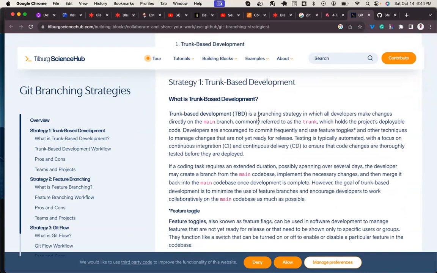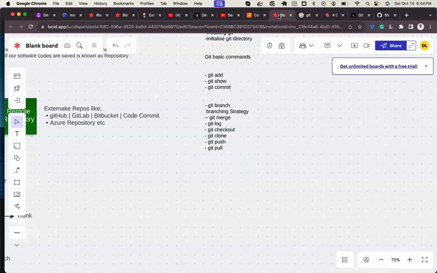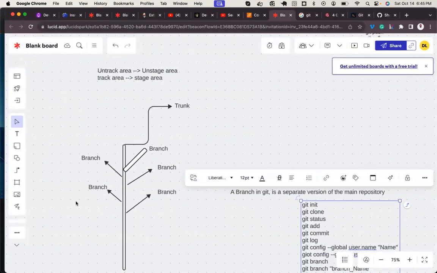In a trunk-based strategy, all developers make changes directly on the main branch, commonly referred to as the trunk, which holds the project's deployable code. Something similar we have in here, all right?